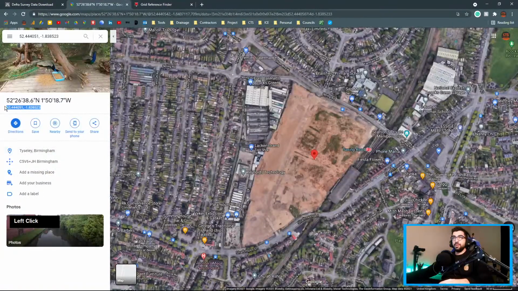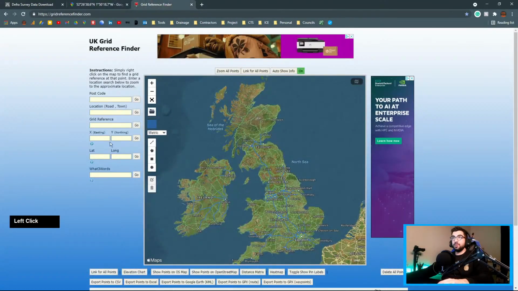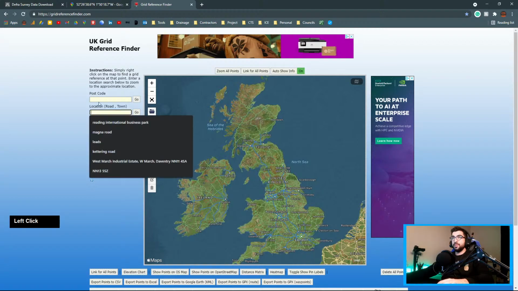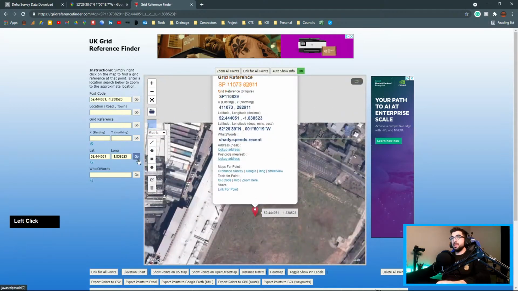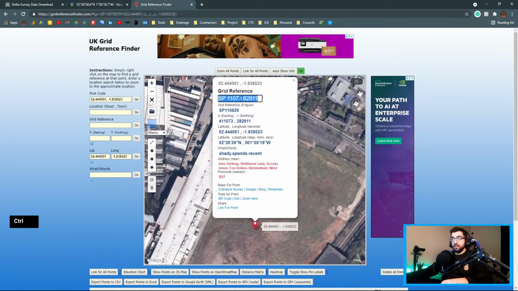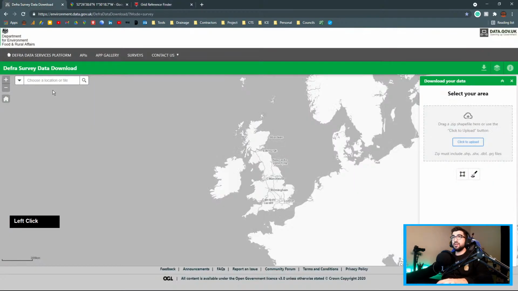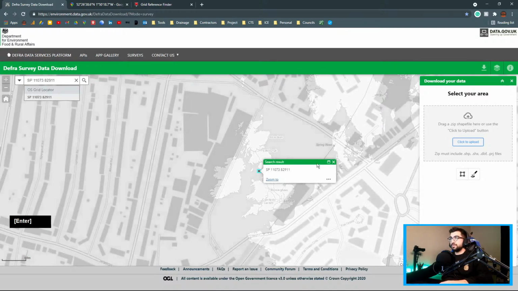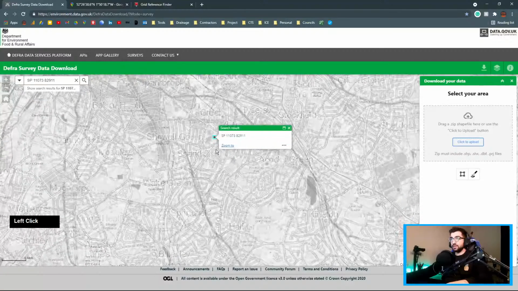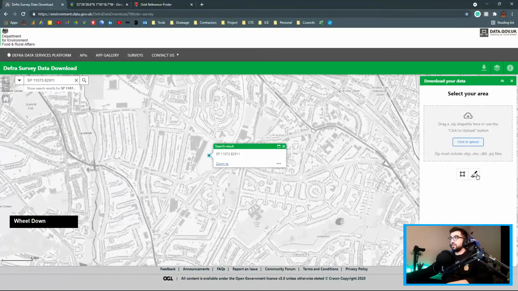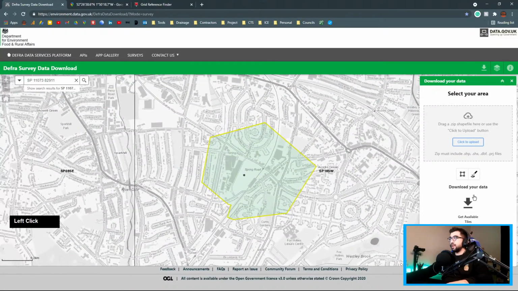So we're just gonna copy the longitude and latitude, put it back in here, and copy and paste. Actually, let's get the grid reference number, put in the survey data, and that should be in Birmingham. Yep, that seems correct. Now what we're gonna do is just simply click on our pen tool, select the area,